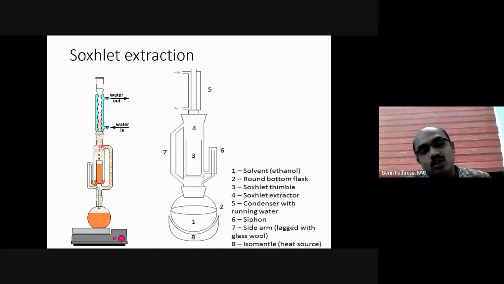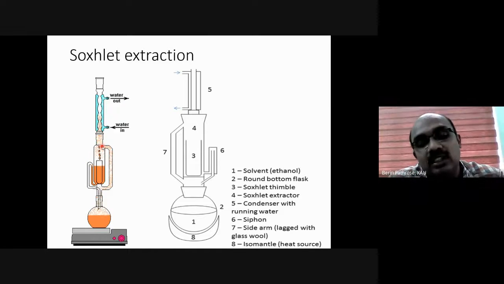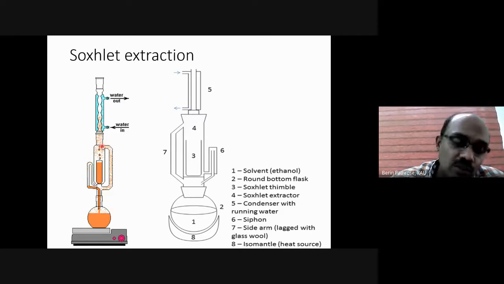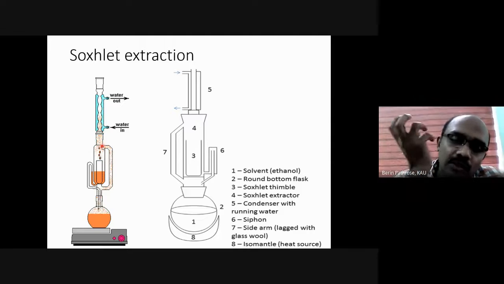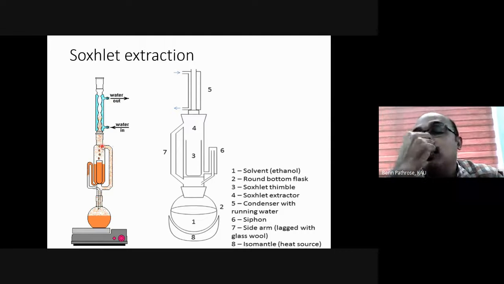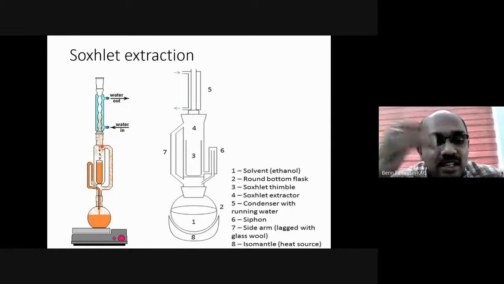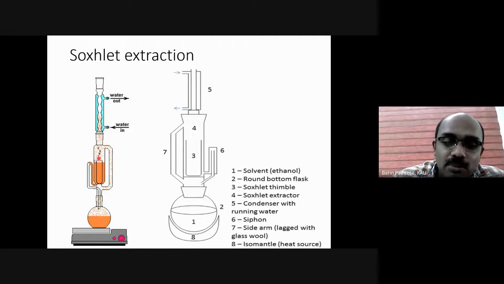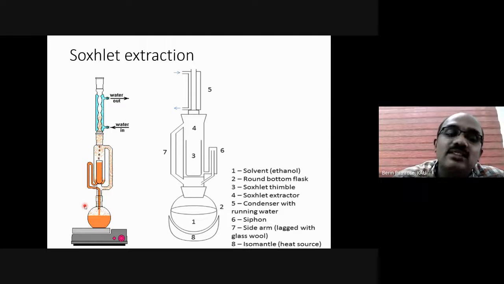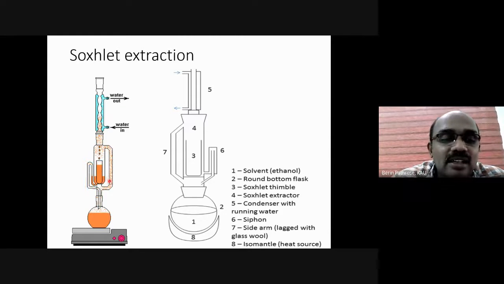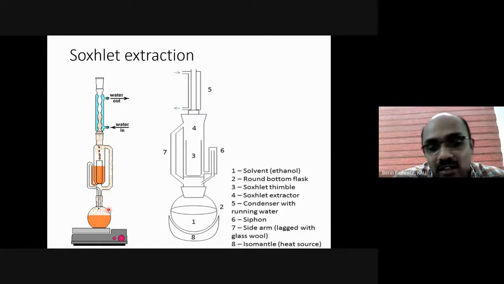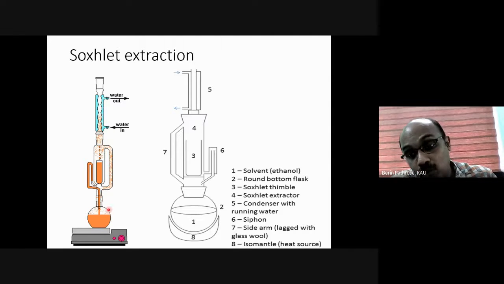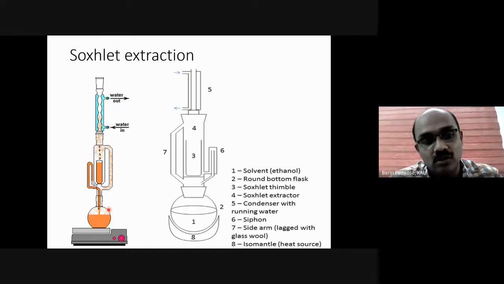We may run this Soxhlet apparatus for 3 hours, 4 hours, 5 hours, etc. That means for 4 or 5 hours, you need to use only a single quantum of solvent. That solvent is reused again and again. So this cycle gets repeated. Because of the repetition of this cycle, the entire pesticide residue will get extracted, and there won't be a higher use of solvents.